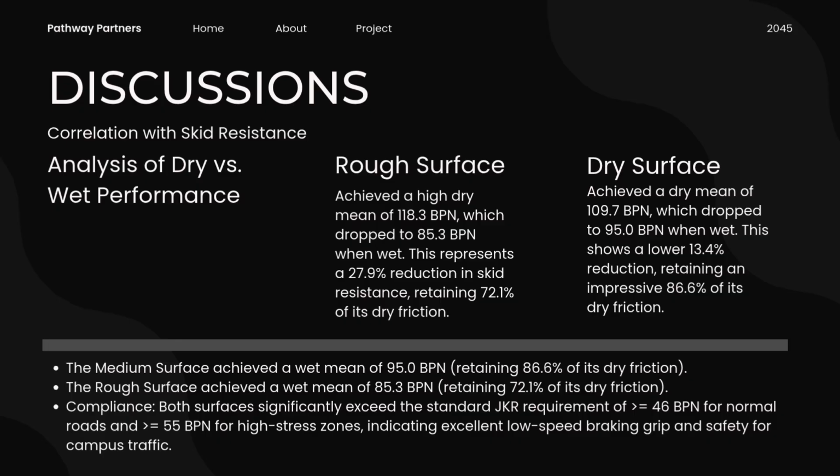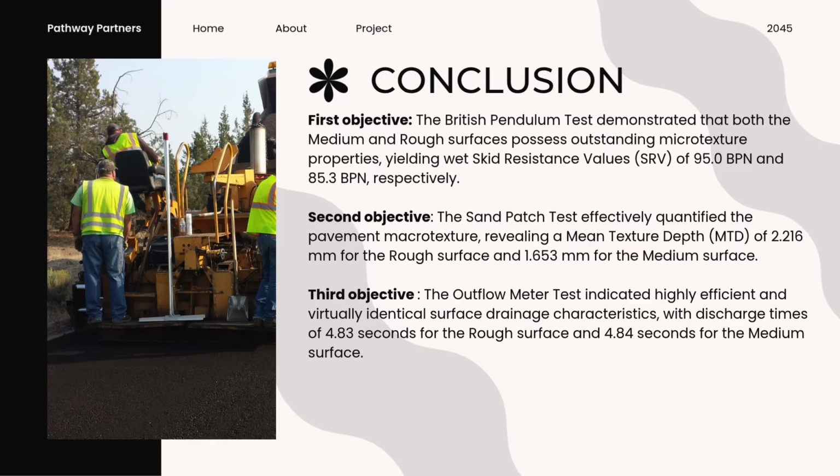For the JKR standards and safety compliance, 46 BPN is the minimum for standard straight road sections, while 55 BPN is required for high stress zones. So both the medium wet average and rough wet average are outstandingly high and well above the strict JKR safety threshold of 55 BPN. These surfaces provide excellent skid resistance and surely highly secure vehicle braking and maneuverability within the UiTM Shah Alam campus. In conclusion, the field study conducted at UiTM Shah Alam successfully fulfilled all three research objectives